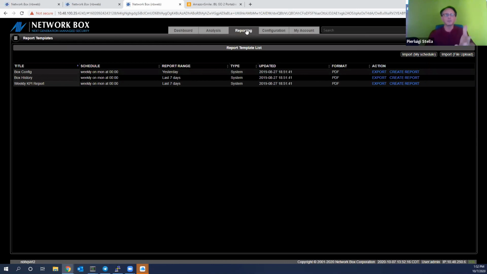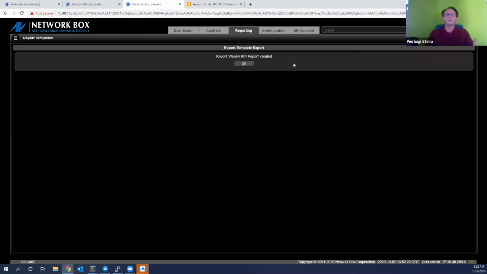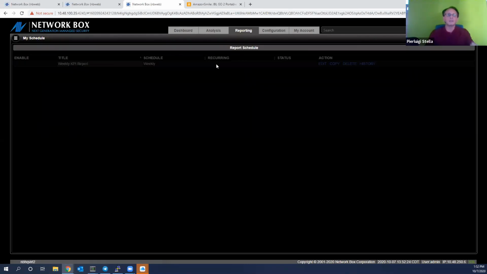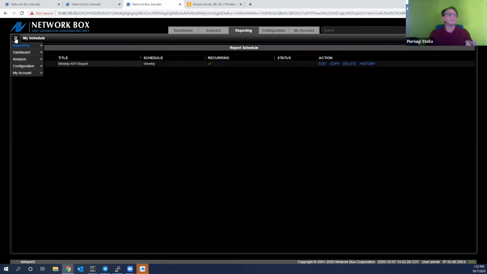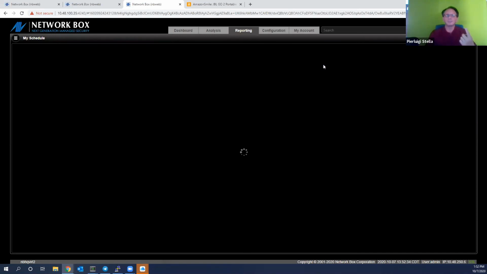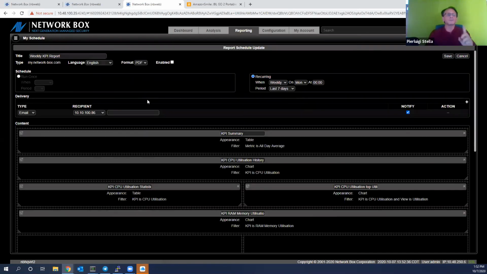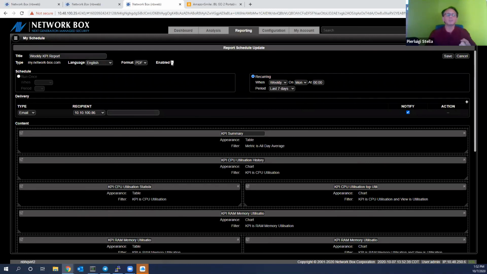You go to the reporting here and you go to templates, then you say create the report, right? Now that it created the report, you go into the schedule and it's right there. Okay, so you edit it. And the first thing you need to do is enable it. You need to decide when you want to run it. If you want it for the week, or you want to receive it on Monday morning, I suggest you don't